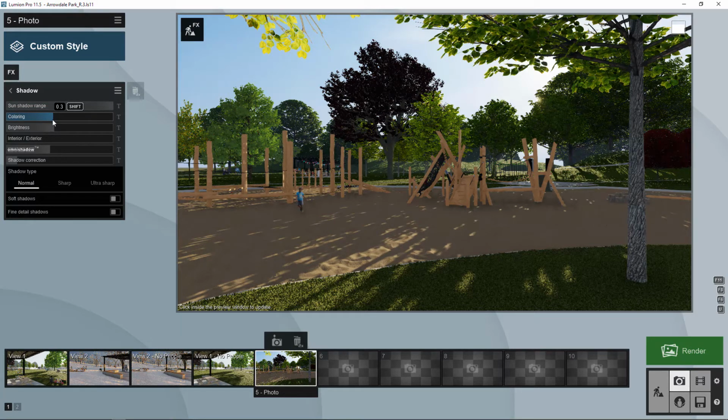The coloring is the color of the shadows itself. And I find when it's an exterior view that they're a little bit more blue, so I tend to turn this up a little bit. And then I also increase my brightness of the shadows just so that they don't kind of overwhelm the ground